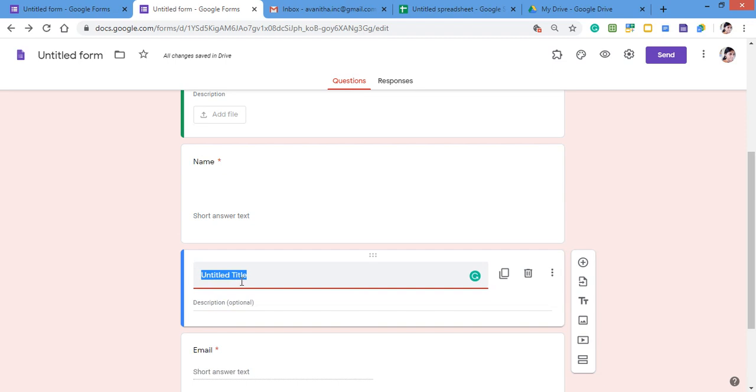Like for example, as I said, I want to give the first details of socio-economic profile. Here within that I am giving that the participant has to fill age, name, gender and particular details, or organization.